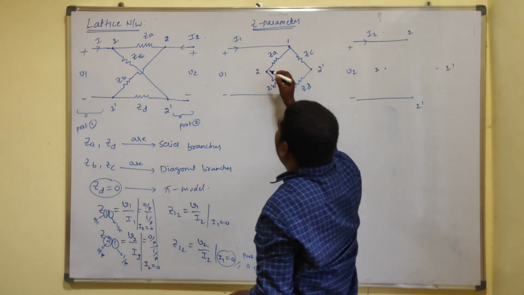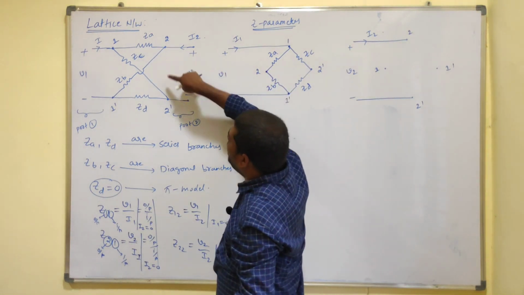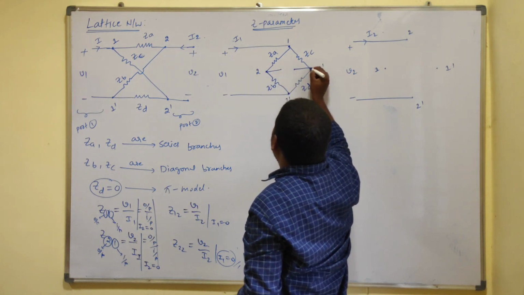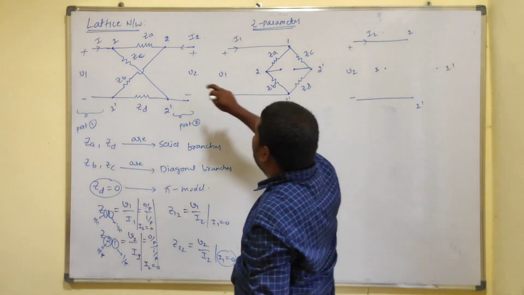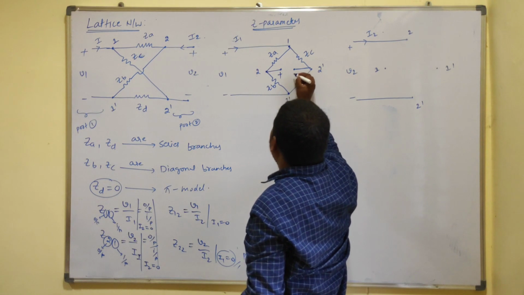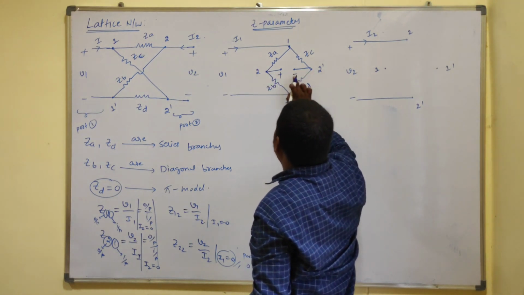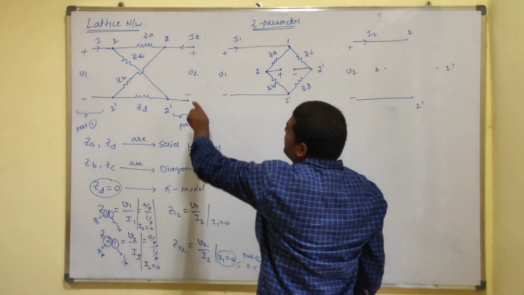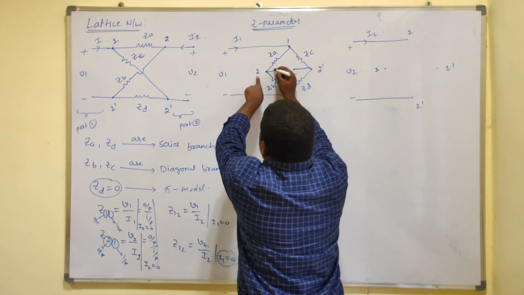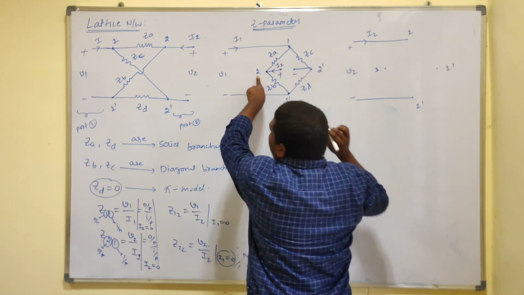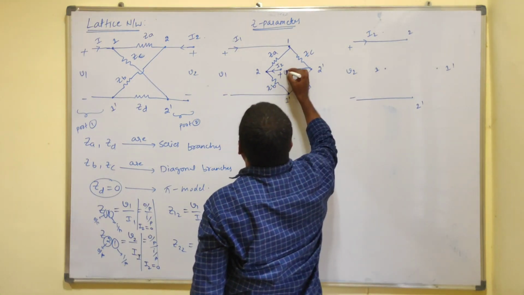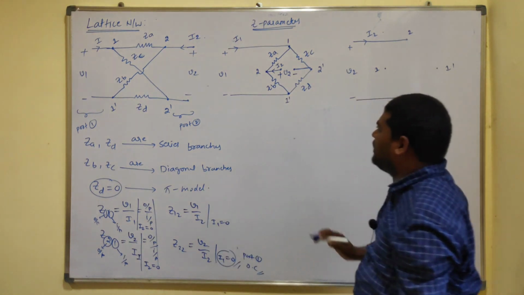So port 2 is located in between the 2 and 2 dash terminals. For 2 we have positive, and for 2 dash we have negative. The current is moving through terminal 2, so the current direction for terminal 2 is I2, and in between plus and minus we have voltage drop V2. And this is your bridge circuit, right?